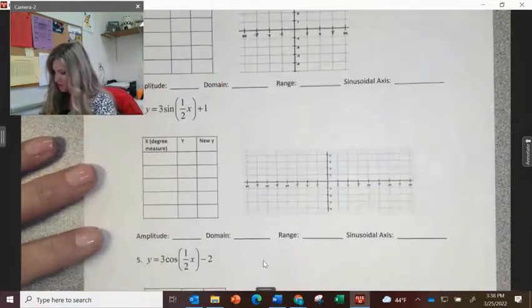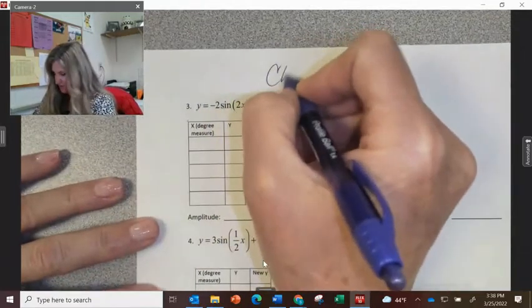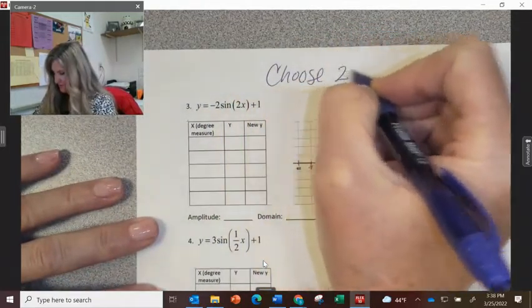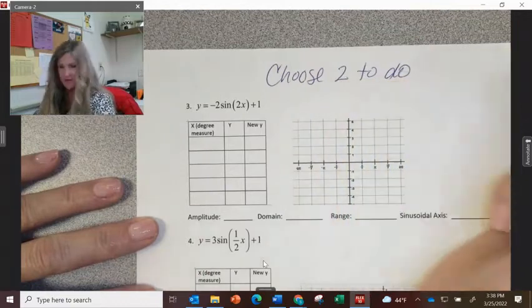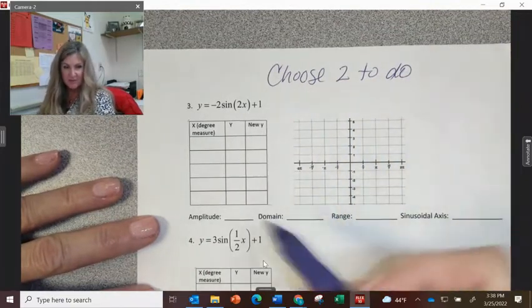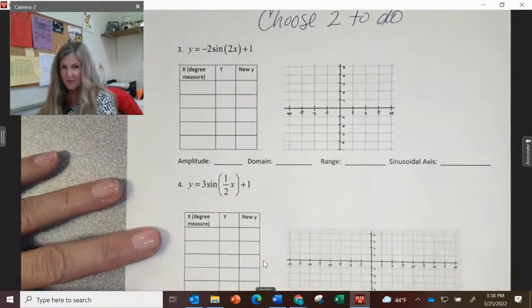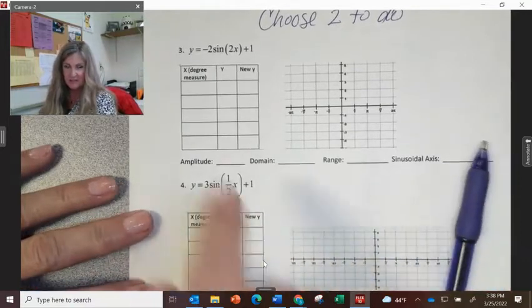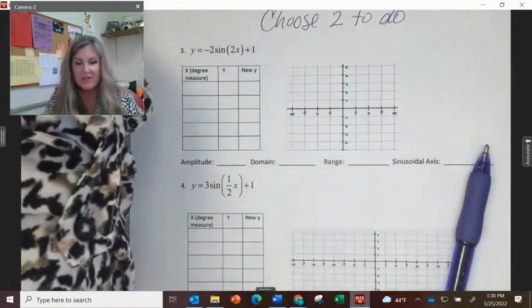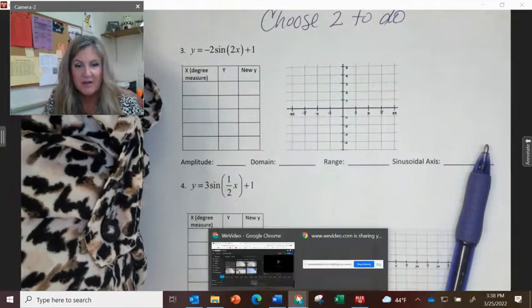All right, guys, so you can choose 2 of these to do, okay? Choose 2 to do. And you don't have to do the whole thing, but choose 2 of these 3. Now remember, you can also check these on Desmos. So let's say you're doing this one and you just don't understand how to do it. Well, just go to your Desmos,